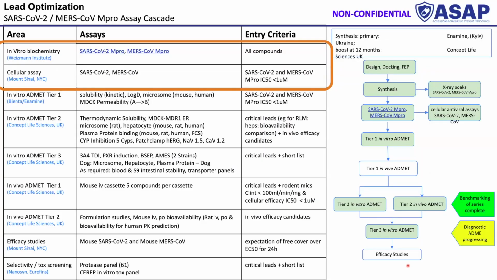As part of ASAP, what my group was doing is trying to help connect the results from in vitro biochemistry assays to make predictions about what would happen in cellular assays. The cellular assays are much more expensive and require much higher biosafety levels. So it was considered advantageous to be able to make predictions of cellular assay results prior to doing so, by using biochemical assays instead.